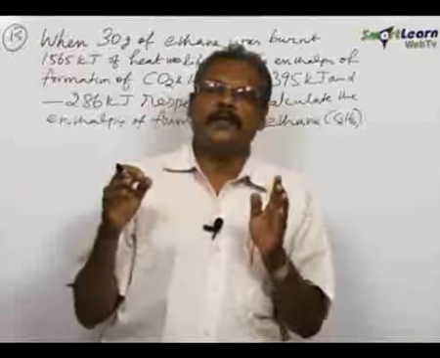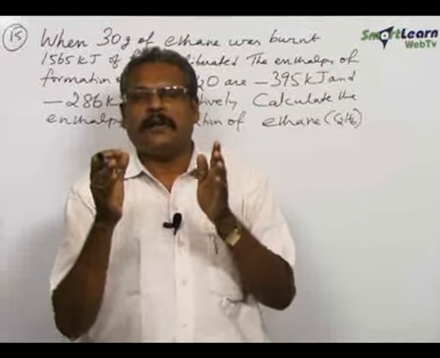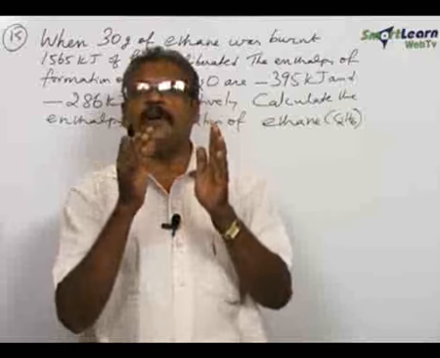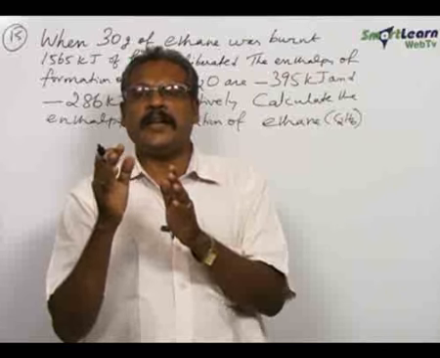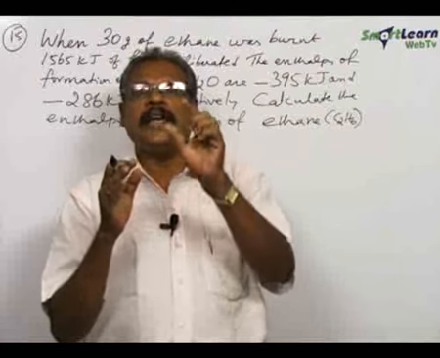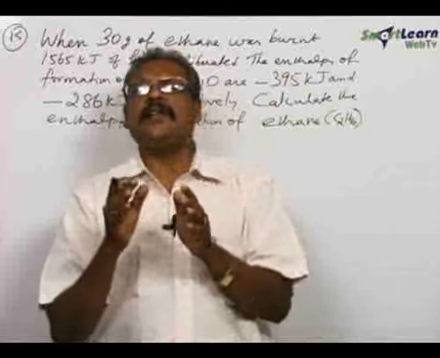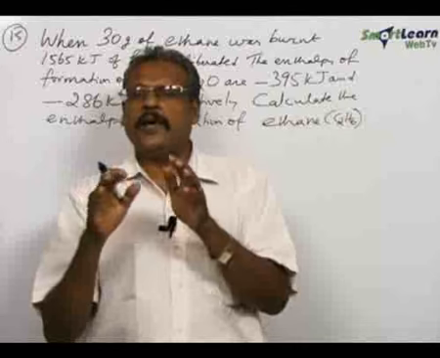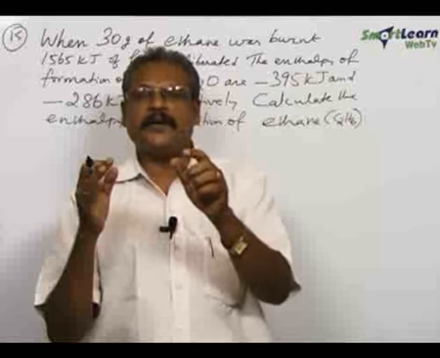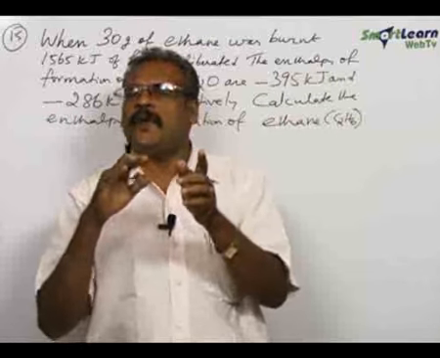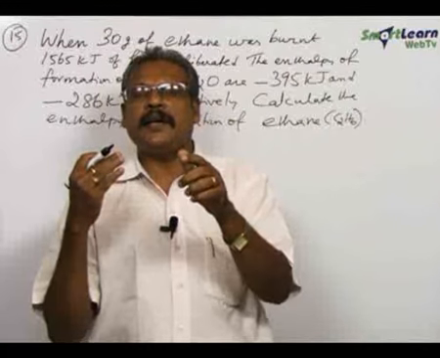This problem is solved on the basis of the expression: the heat of the reaction is equal to the sum of enthalpy of formation of products minus the sum of enthalpy of formation of reactants. Here we have to take into account the standard enthalpy of formation, and the standard enthalpy of formation of all elements in their naturally occurring physical state is taken as 0. So wherever we come across elements like oxygen and hydrogen in their standard form, the enthalpy of formation will be 0, and for all other compounds the value will be given. So in this problem the values are given for carbon dioxide and water.